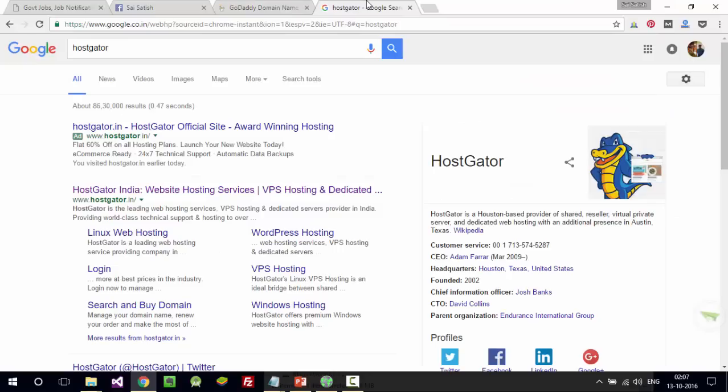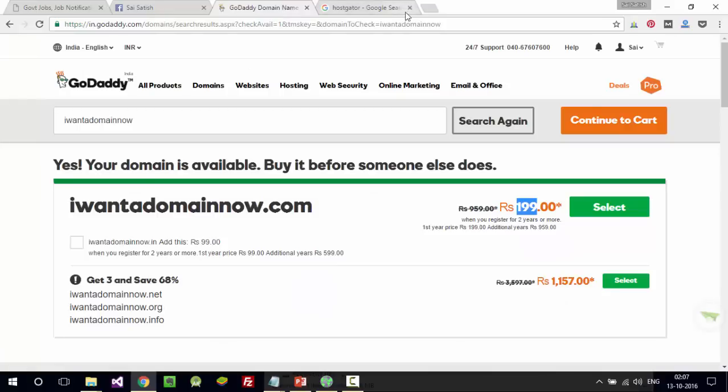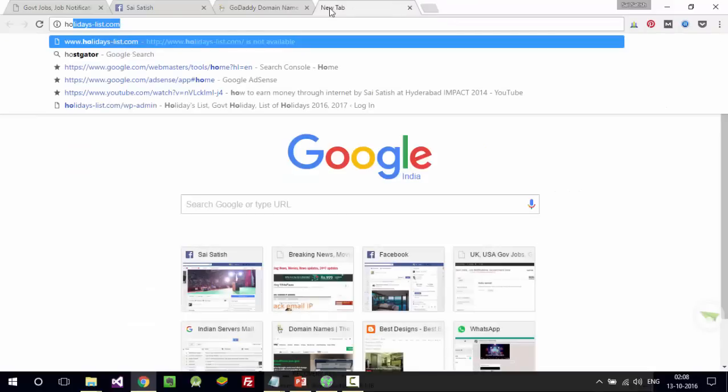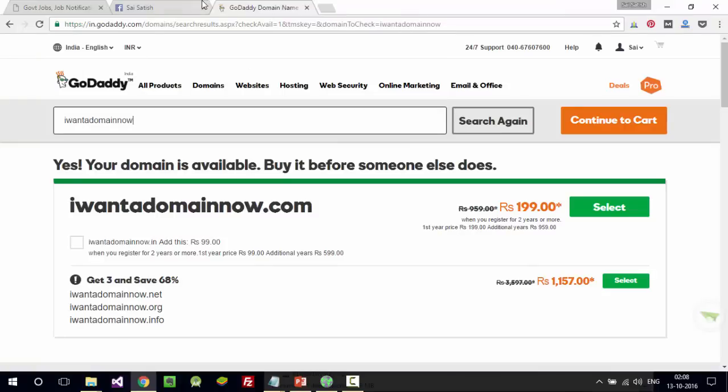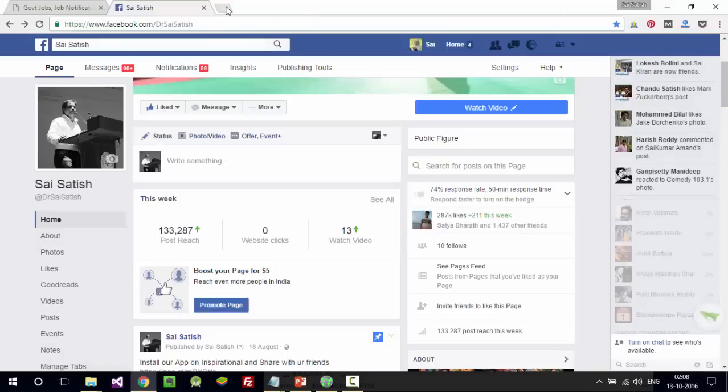After that, purchase shared hosting from the same website, godaddy.com, or any of these websites like HostGator. You can go ahead with shared hosting. If you think you have a larger number of users, you can purchase dedicated servers or VPS. As of now, as a beginner, you can go ahead with shared hosting. It charges around 5,000 rupees per year from godaddy.com. After that, install WordPress.